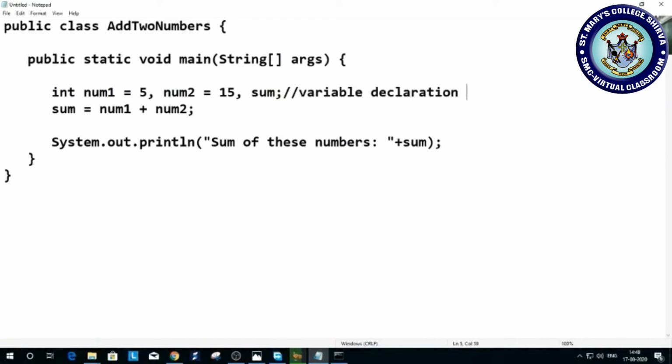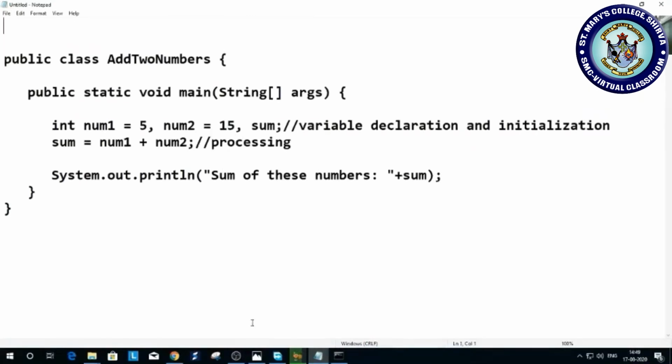Here I am processing. As we know, this is an assignment method. I am writing here.